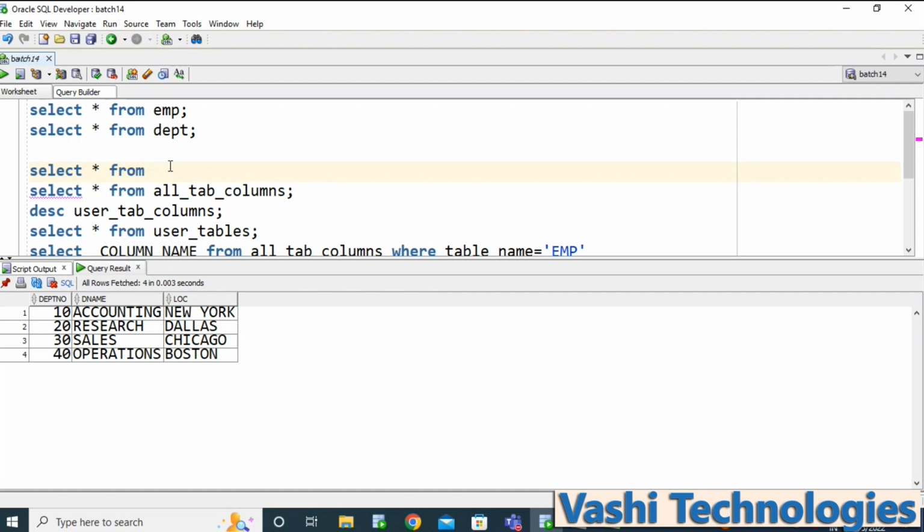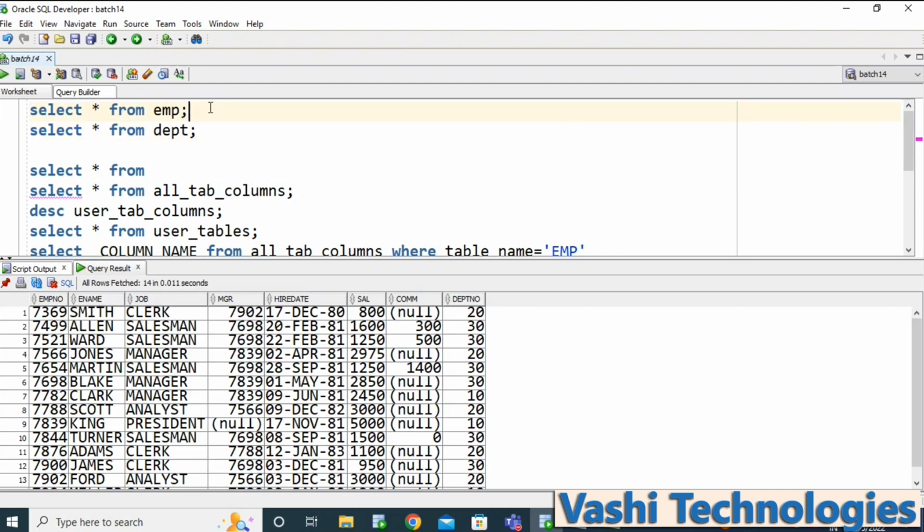Or else you can think in a different way. We have village A and village B. One village has the relation of son, and the other village has the son-in-law relation. So if you want to find the relation between the 2 villages, who is getting married from village A to village B or village B to village A, you may get that particular information. If you don't have any relation with the rest of the families, you cannot identify those particular records. Now we'll go with the EMP table and DEPT table.